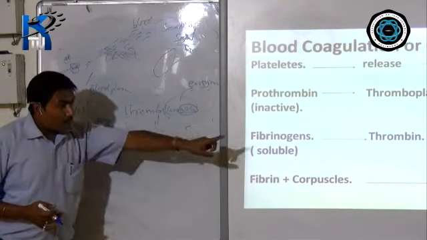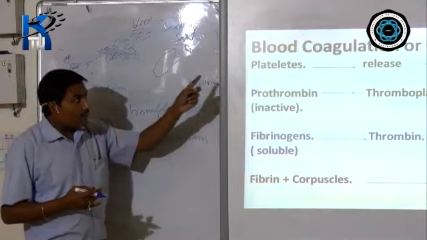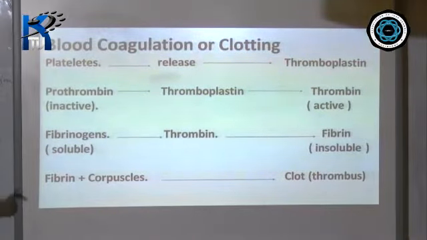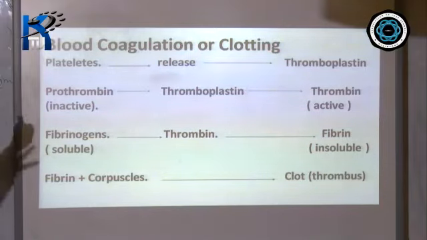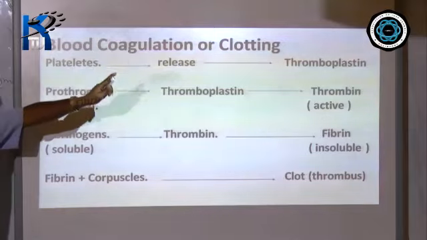Now, this formation of clot, when I say that is clotting, it is a very essential factor in our body. Now, the question comes like this: when the blood is moving in our body, due to blood pressure, due to many activities in our body, there may be internal bleeding also. So to prevent this internal bleeding, the action that is taken here is nothing but what is called clotting.